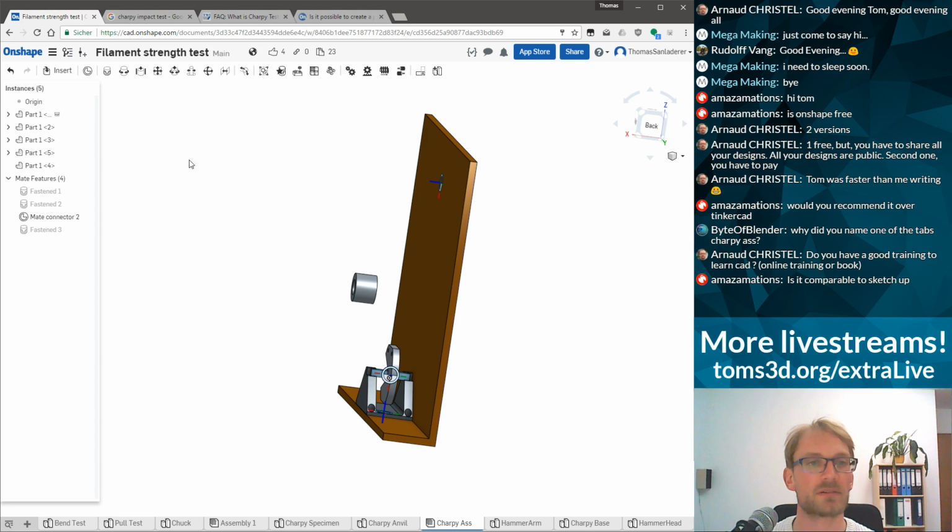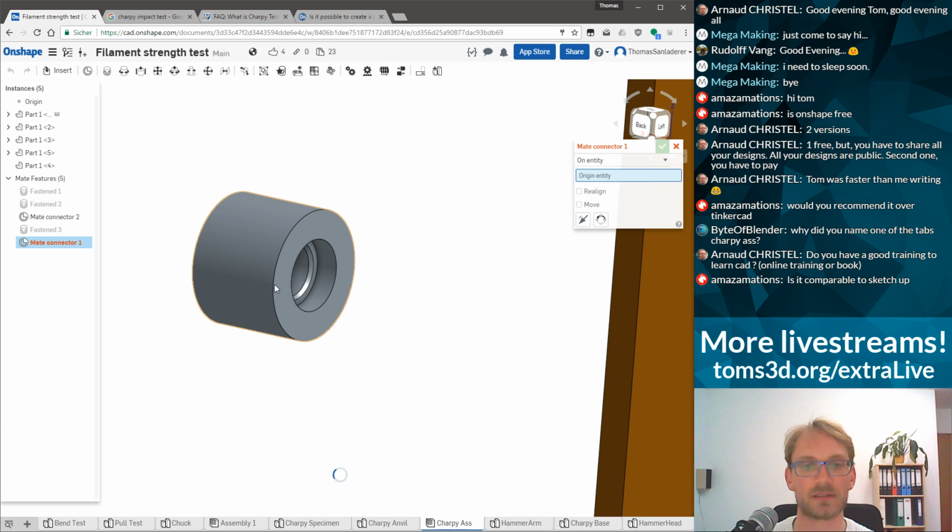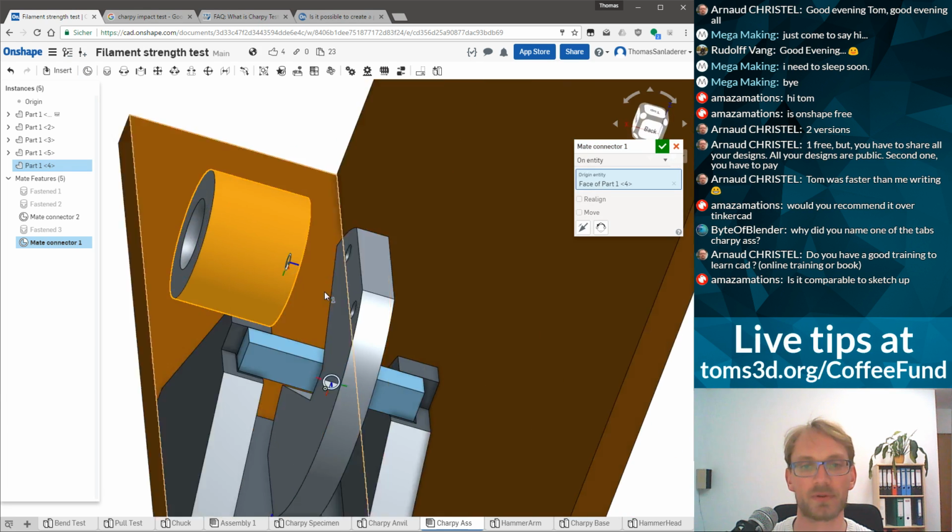So we have this mate connector. Can I define a distance? I think I might be able to. So that would be a revolute mate, and then I think I should be able to define a distance. Okay, we have mate connectors. We're gonna add one to this position right here,